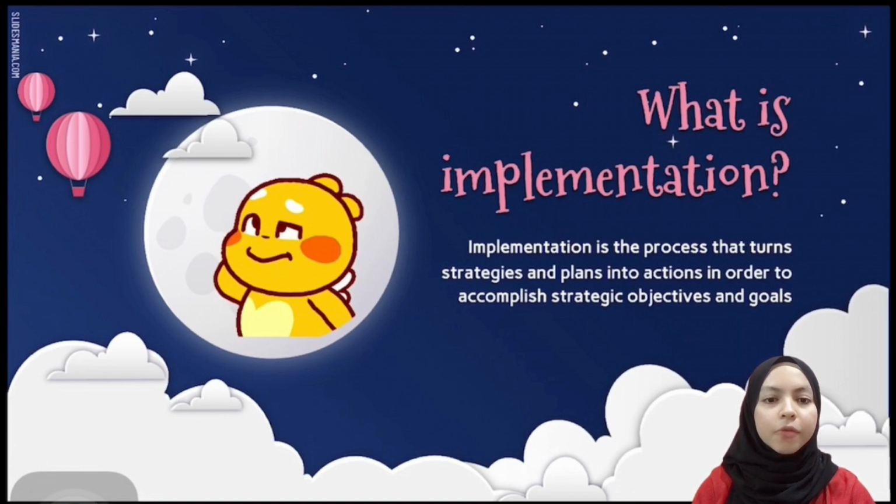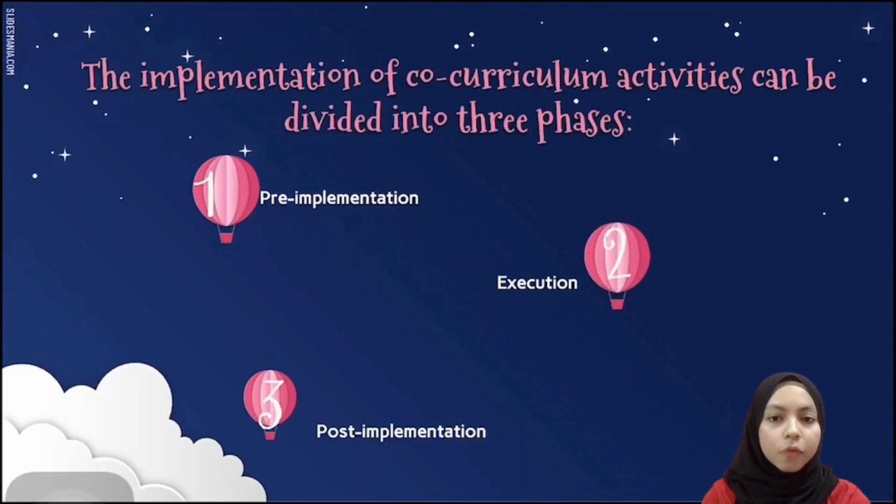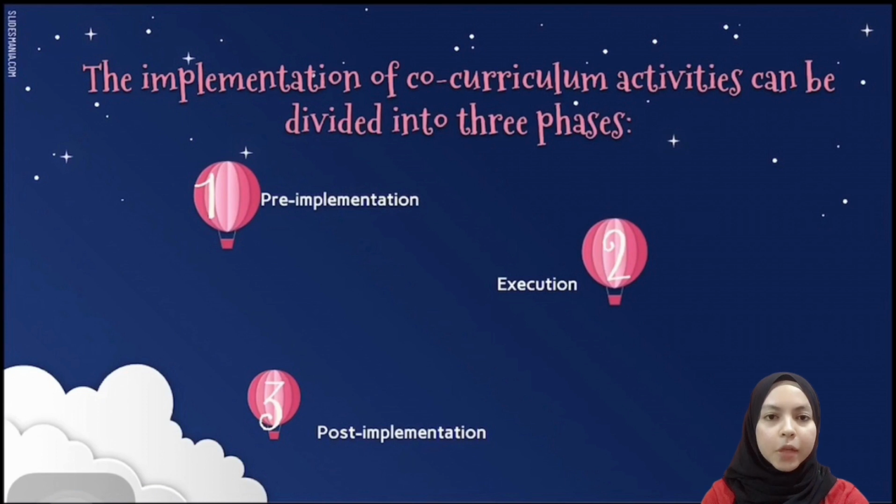civic and democratic values by participating in self-government and organizing different festivals and ceremonies. Core curricular activity is also an effective platform to make students absorb values like social, aesthetic, cultural, recreational, and disciplinary. The implementation of core curriculum activities can be divided into three phases, which are pre-implementation, execution, and post-implementation.